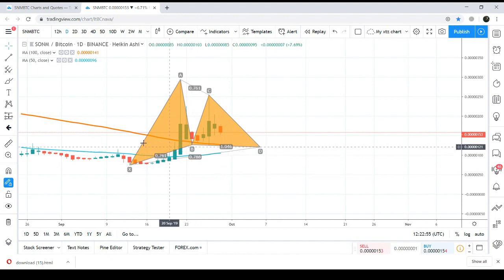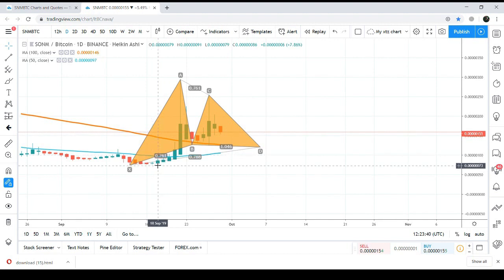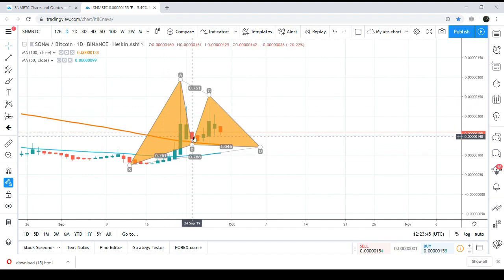And you can see here that the price action took the bullish divergence almost here on 17th, 18th or 19th of September and produced more than 289%, and after that the price action had some correction period, and after some correction period the price action took again the bullish divergence to form the B to C leg of this Gartley pattern and produced more than 104% profit. And now this is the third time the price action is in the correction mode, and after this